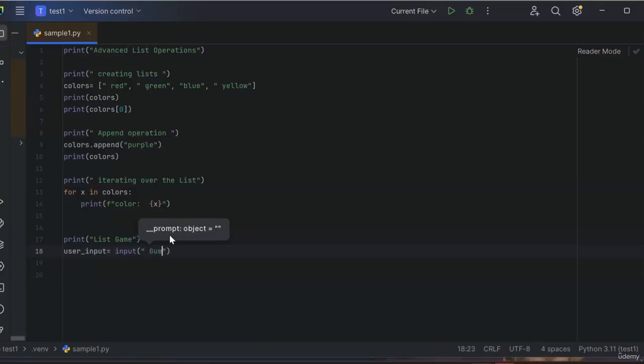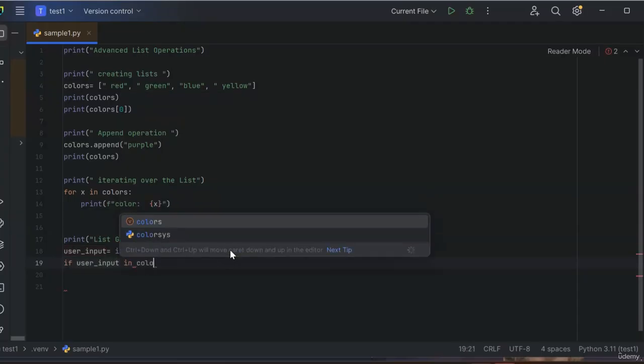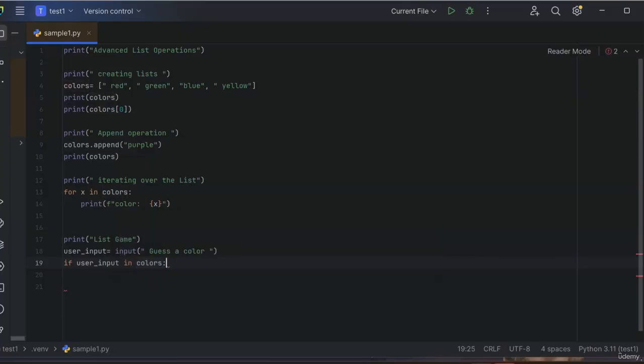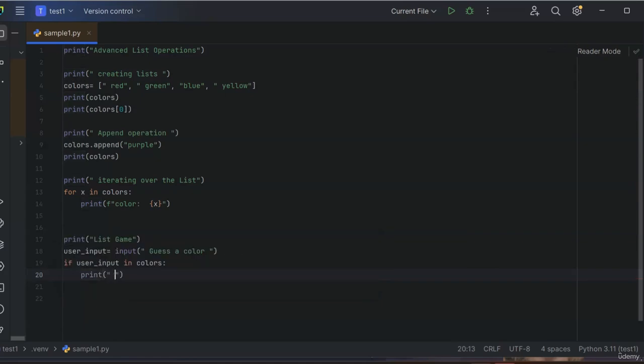I'm going to ask the user to guess a color. And if the color is in the list, it will say correct. If the color is not in the list, it will say try again. So if user input in colors, so this is another if condition. Then you have to print correct guess. Else,